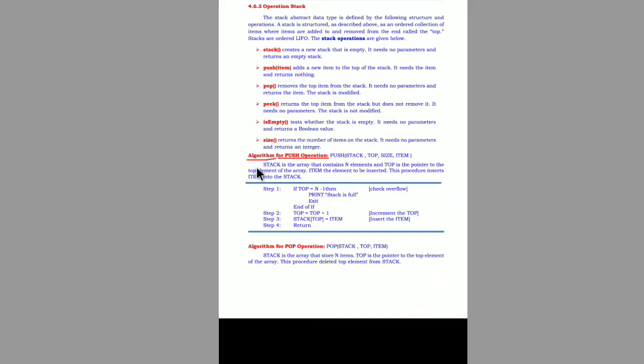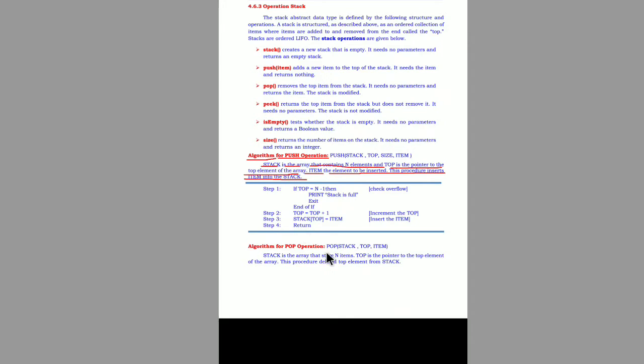As you know, push is the procedure we use to insert a new data item to the top of the stack. Stack is an array that contains n elements, and top is the pointer to the top element of the array. Item is the element to be inserted, and this procedure inserts item into the stack. This is the description part of the algorithm, where it is clearly given what variables are used.